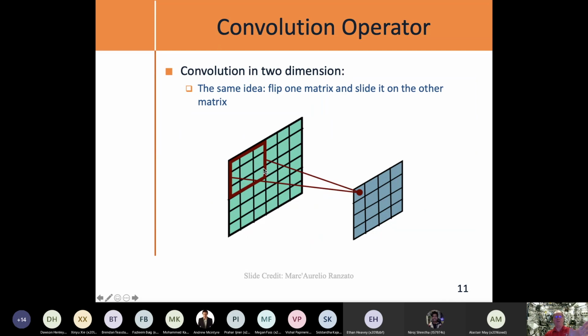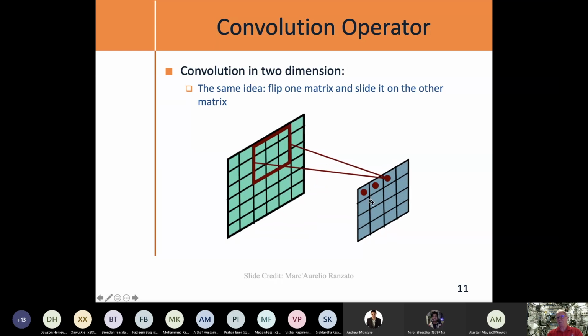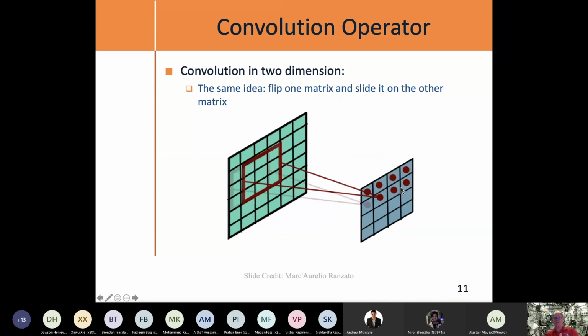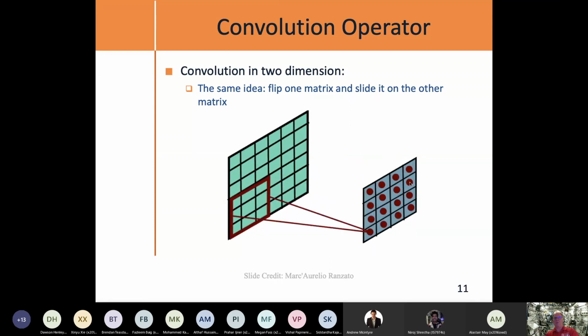So if we have a kernel set up, what we can do is pass it across the image like this, and what we do is record the value that it generates at each point in a new layer forward in our network, like this. So we end up with a whole bunch of different values as that kernel has passed over. You'll notice basically what it's doing, it's scanning the image.